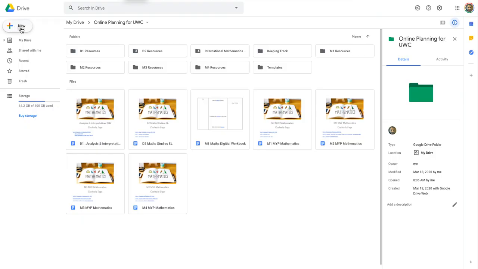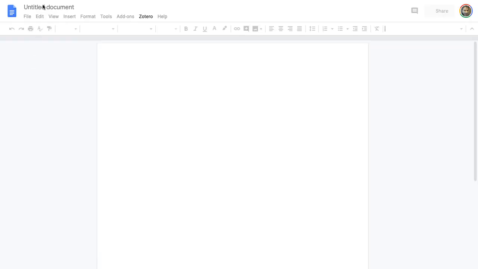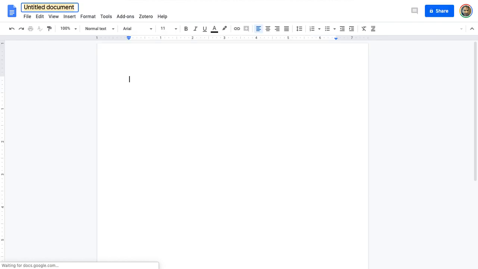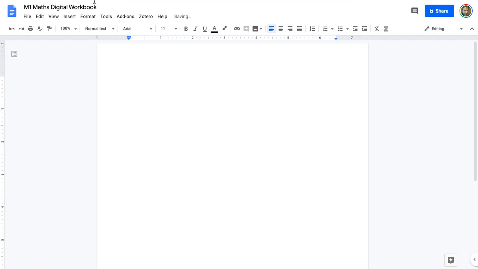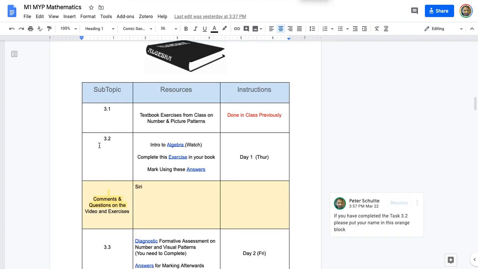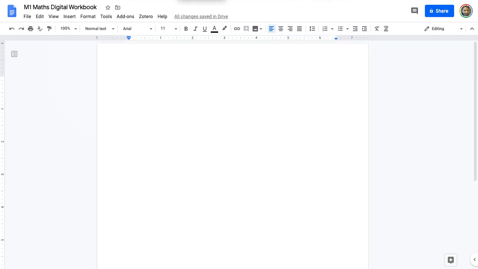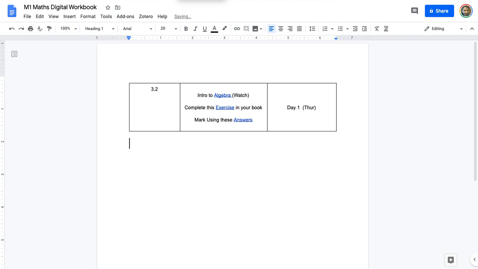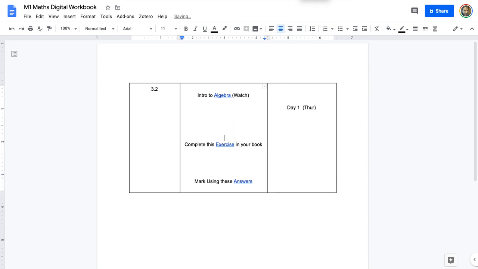Go to your Google Drive, you click New, click Doc, and I might type something like M1 Maths Digital Workbook. And I want to suggest the easiest way of simply doing your work each day may be just to take one of the rows and then pop it into your M1 Maths Digital Workbook. And then what I can do is the first one is a video I watch,